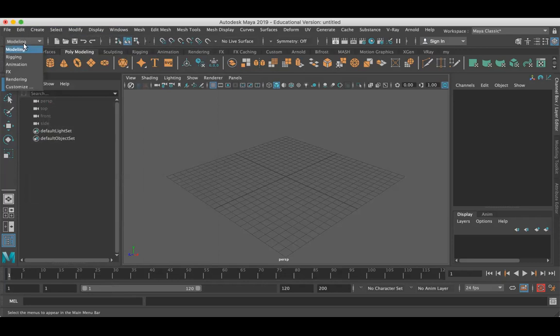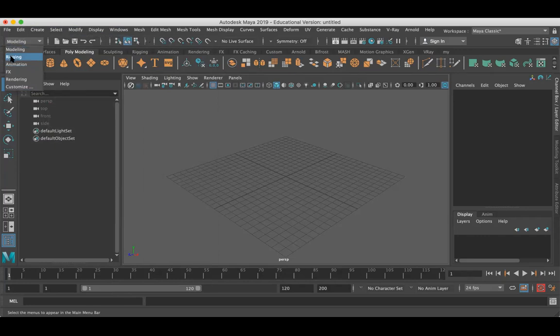When you click on the drop box, you will find some of the menu sets here. What are these menu sets? These menu sets have a bunch of tools which are related to the names here.